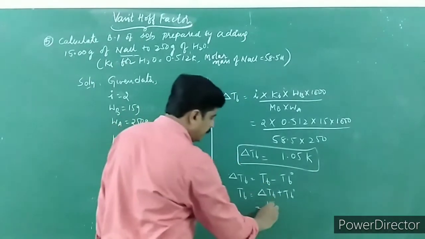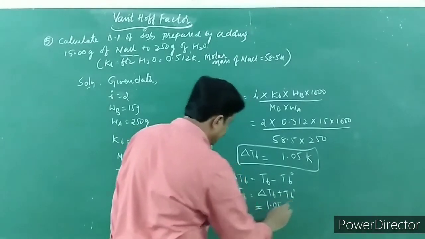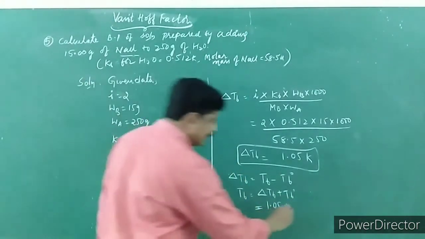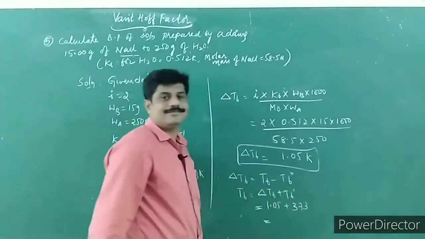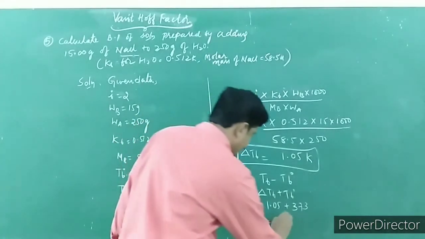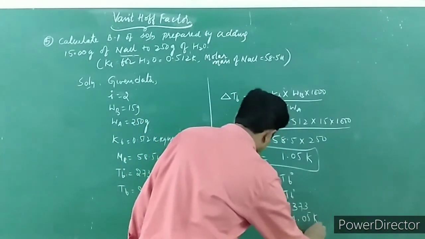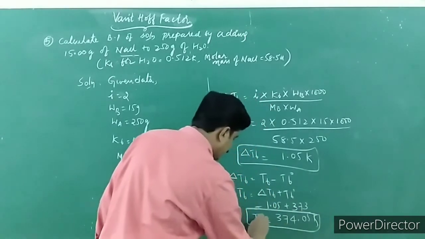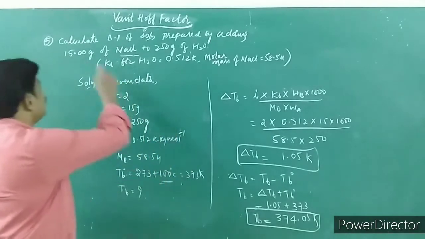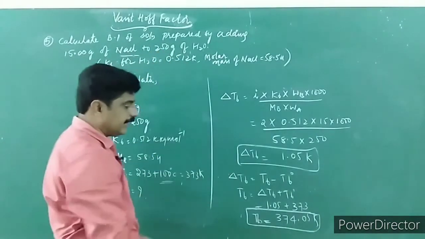Delta Tb is equal to 1.05 Kelvin, plus Tb naught is how much? 373 Kelvin. Why? You have taken it in terms of Kelvin. Hope you are getting that. So together 374.05 Kelvin. This is Tb. So the boiling point of solution, when you add 15 grams of NaCl into 250 grams of water, is